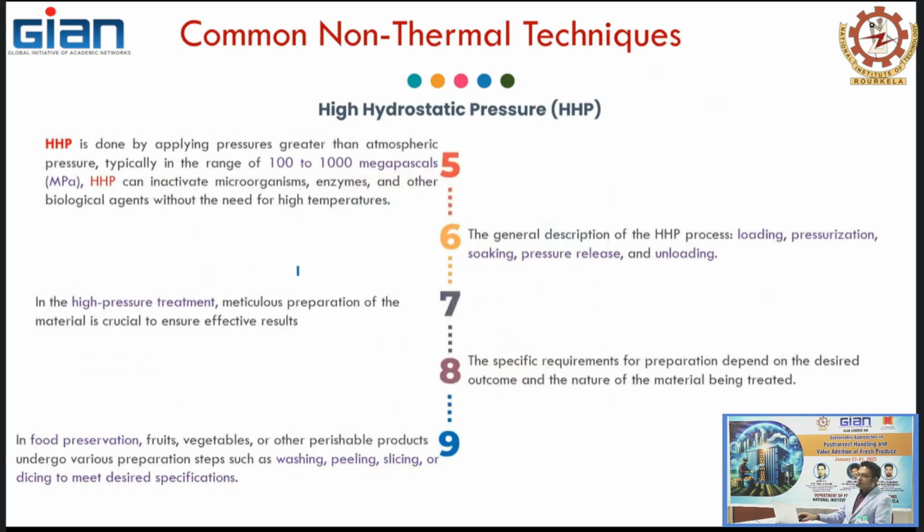So what it does is go from 100 to 1000 megapascal, and these are the changes we're looking for: how to inactivate microorganisms, enzymes and other agents responsible for spoilage, but without increasing the temperature. In the whole case, the temperature just increases by about 3 degrees for every 100 megapascal. So the process